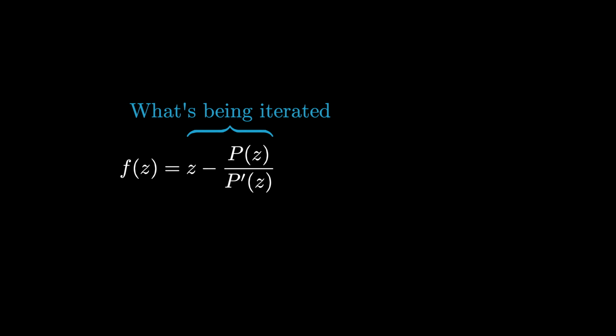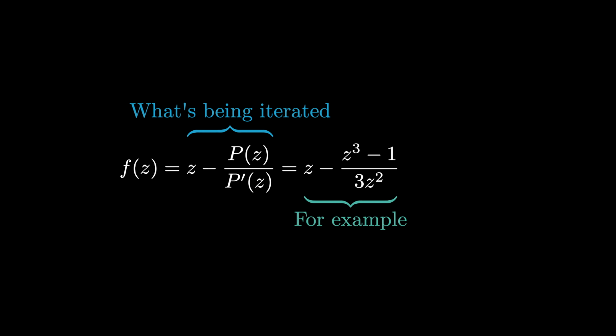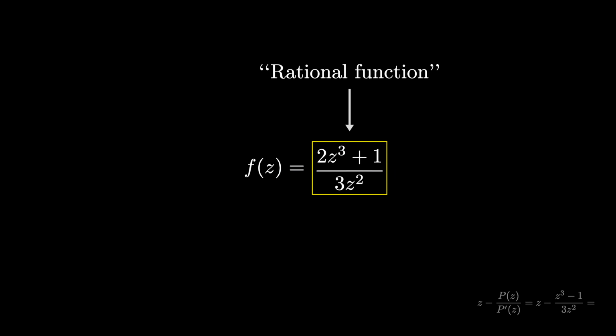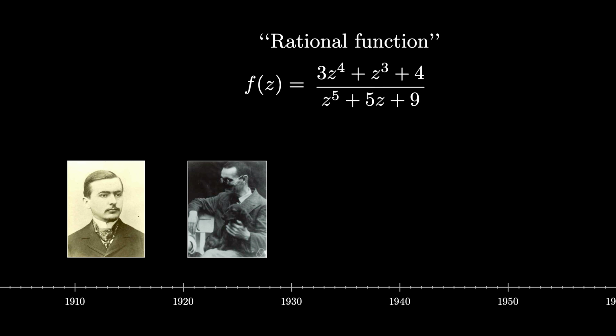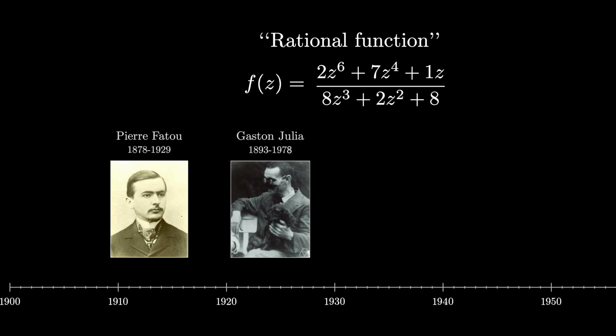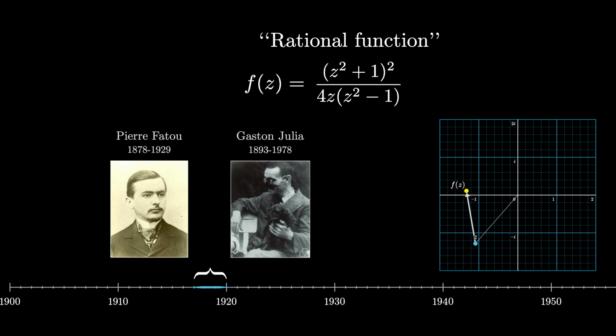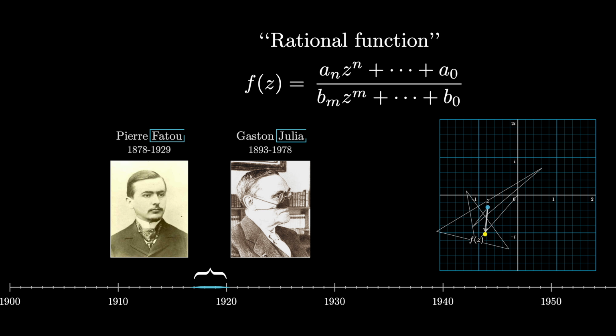Now in this example, if you look at the function that we're actually iterating, say for some specific choice of a polynomial, like z cubed minus 1, you can rewrite the whole expression to look like one polynomial divided by another. Mathematicians call these kinds of functions rational functions. And if you forget the fact that this arose from Newton's method, you could reasonably ask what happens when you iterate any other rational function. And in fact, this is exactly what the mathematicians Pierre Fatou and Gaston Julia did in the years immediately following World War I. And they built up a surprisingly rich theory of what happens when you iterate these rational functions, which is particularly impressive given that they had no computers to visualize any of this the way that you and I can. Now remember those two names, they'll come up a bit later.